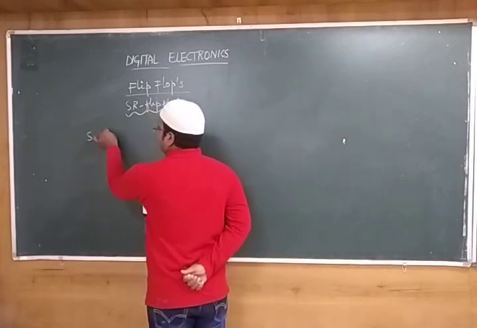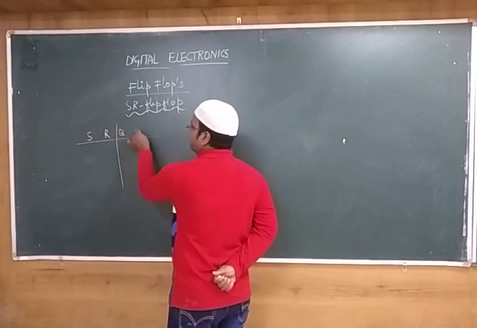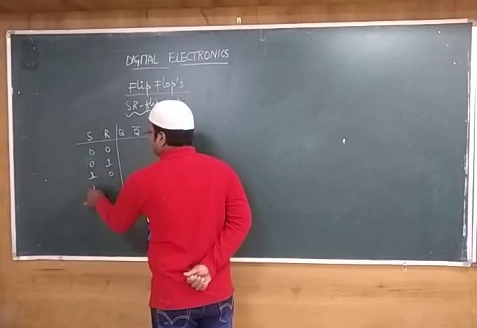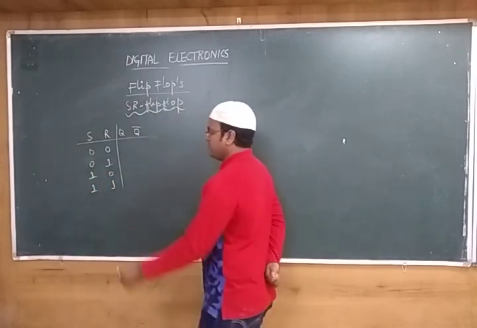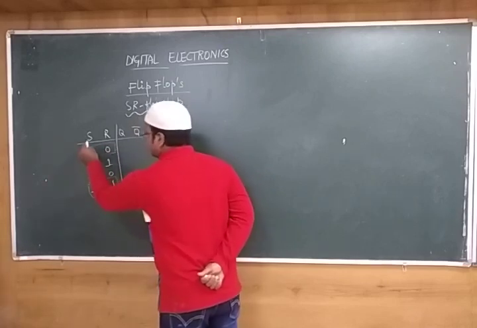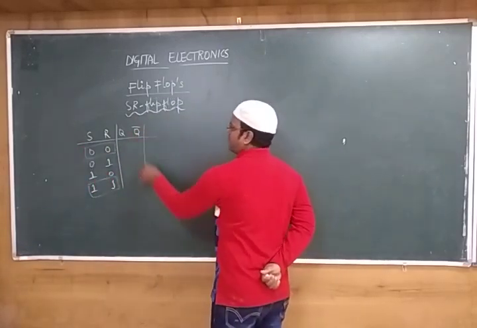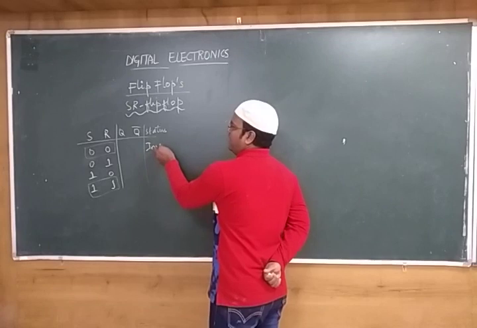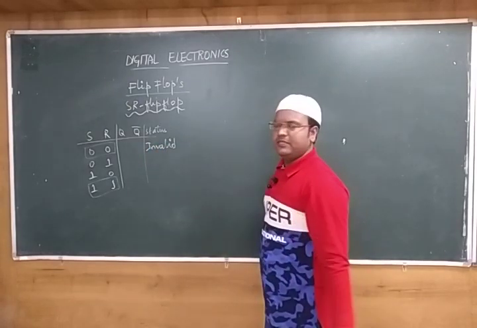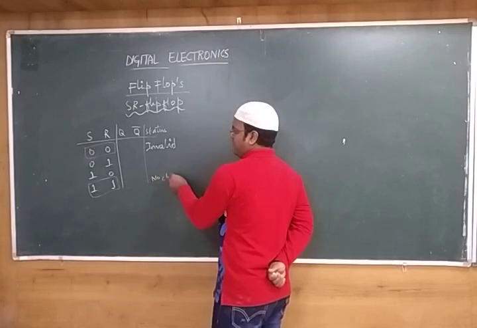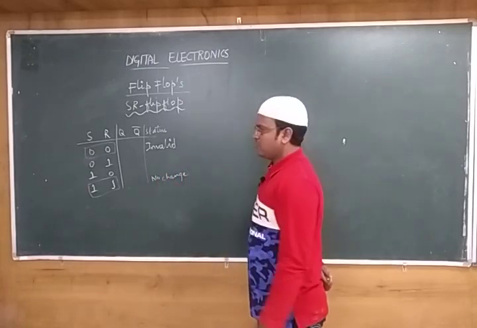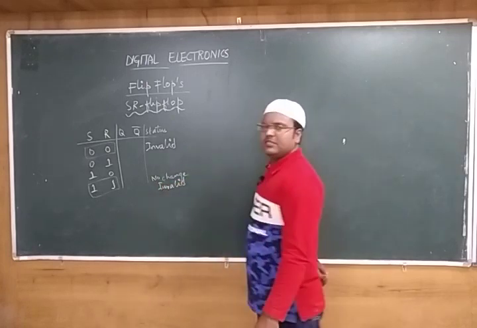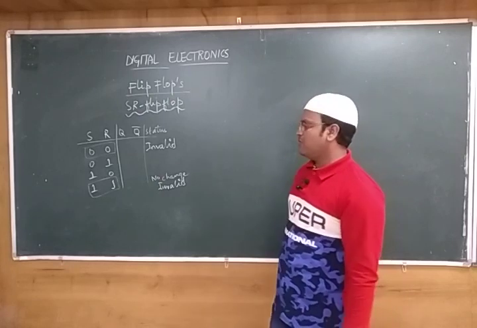One is when you had S and R, when you want to write the state of it, Q and Q bar. So when both are 0, 0, or 1, 1, right? For this particular condition, 1, 1 and when both are 0, 0, the status of your bits is what? Invalid, you can say. It is no change, or you can say invalid only, because there is no change, both are same. So this is also invalid, or not changing, or you are keeping the bits as it is. So this should not be there, right?